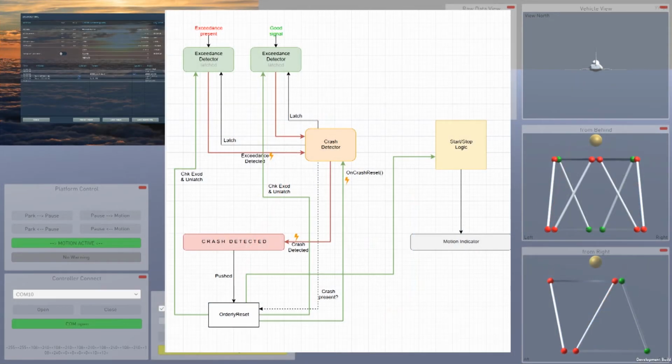Well, here's the logic as it's implemented now. So you have these exceedance detectors in plenty of channels. Like right now I have 6, it might be 8 or 10 in the end. And each of these exceedance detectors detects an exceedance, reports it to the crash detector that then actively latches all the other exceedance detectors. So when one of those detects an exceedance, all other channels get latched on their last